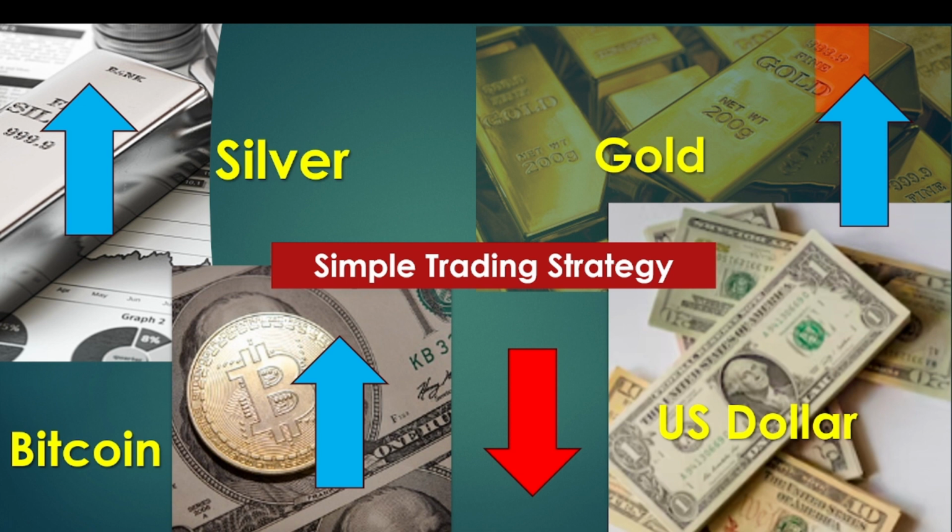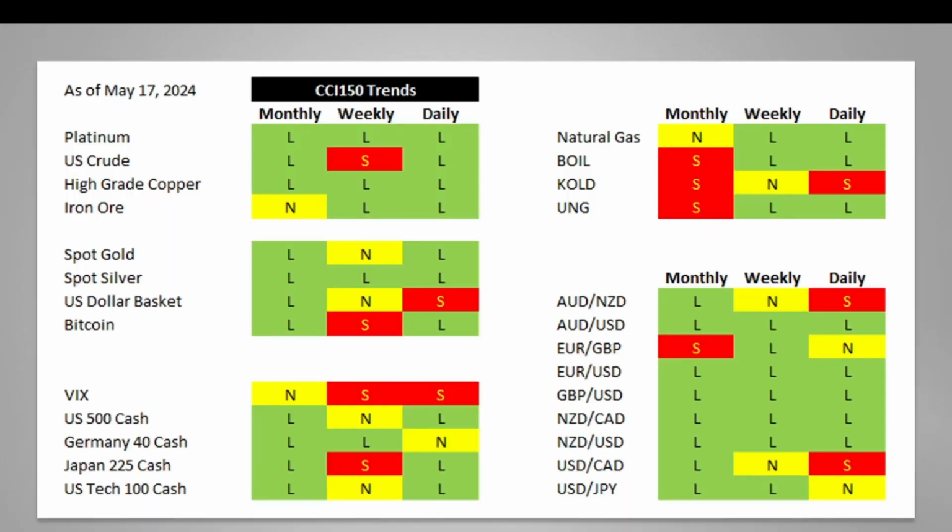This is the update for the gold, silver, Bitcoin and US dollar markets. And you can see there that gold, silver and Bitcoin have risen slightly since our last update and the US dollar has dropped. Now in terms of our heat map, we look at the CCI 150 trends on the monthly,